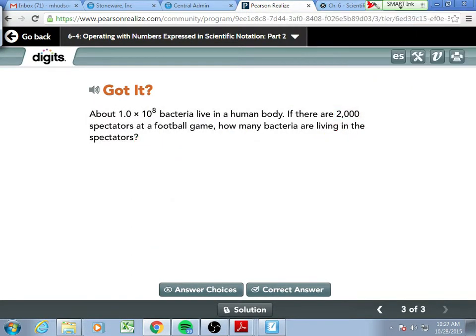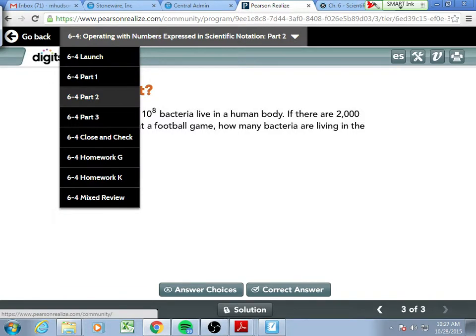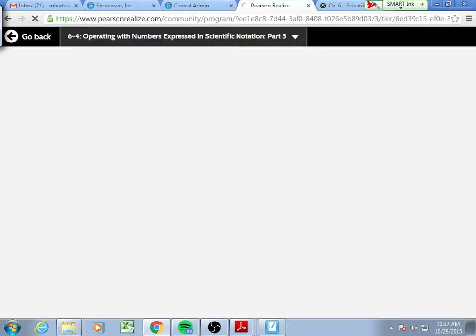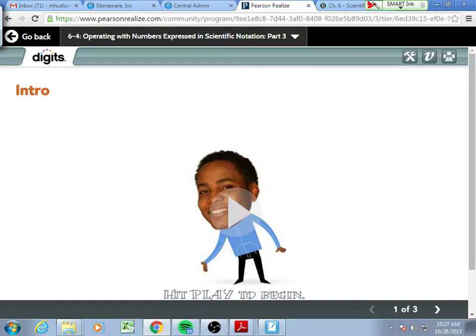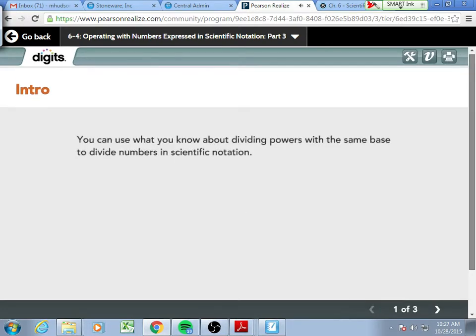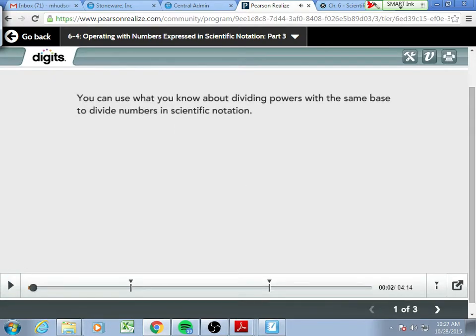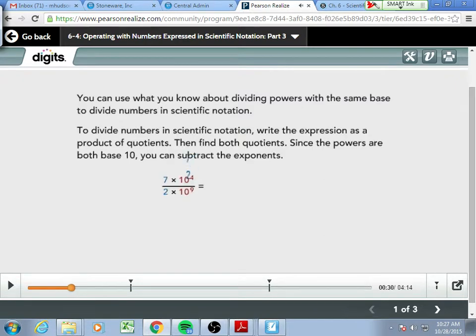All right, so real quick, let's look at division, which I think you guys are pretty smart and you'll be able to figure out the division method. You can use what you know about dividing powers. If I were to have you guess,